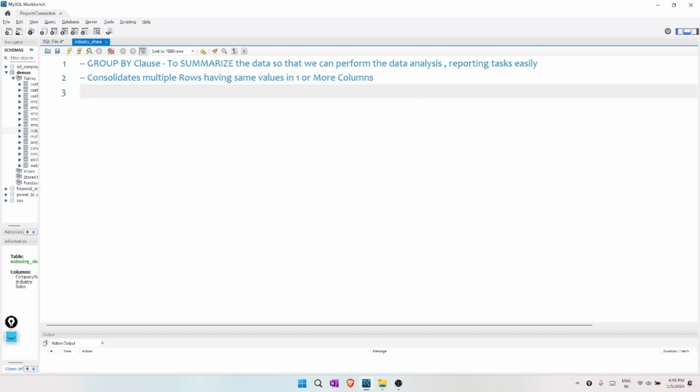Okay, so as you can see here, if we consider this statement, group by clause is basically used for consolidating multiple rows having same values in one or more columns. What does this mean? So according to group by statement, let's suppose we have this group by clause, and now we have a table where we have a column like product. We have a column product in this particular table, and we have products like